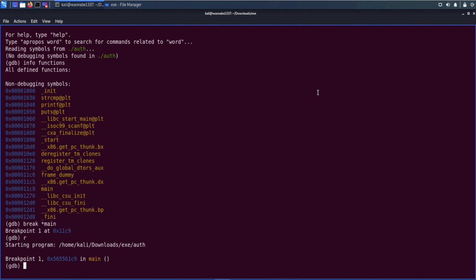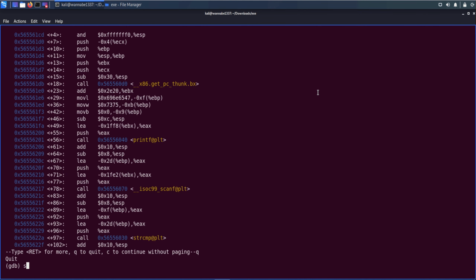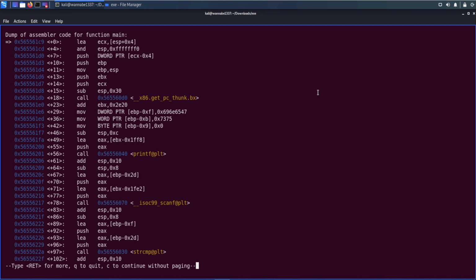We can also disassemble main using the command disassemble main. So this is the assembly code for the main function and it is in AT&T syntax, which is default on Linux. To see the assembly in Intel syntax, set the disassembly flavor as Intel and again disassemble main. At first glance it looks overwhelming, but it is not that hard to understand. Let's follow the path and try to draw the execution control graph of this main function.